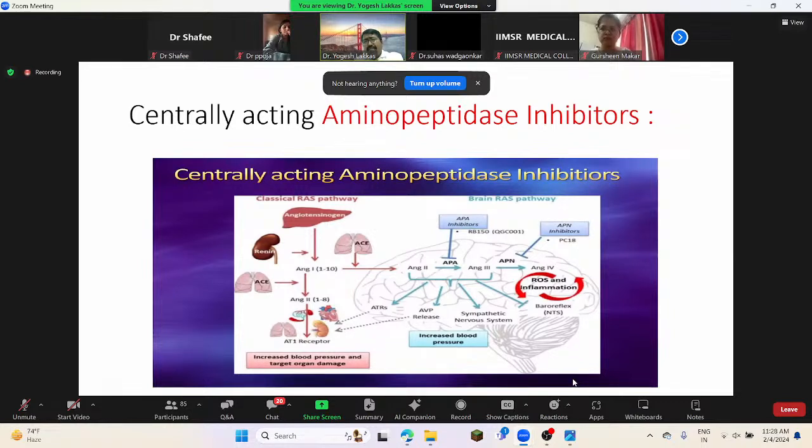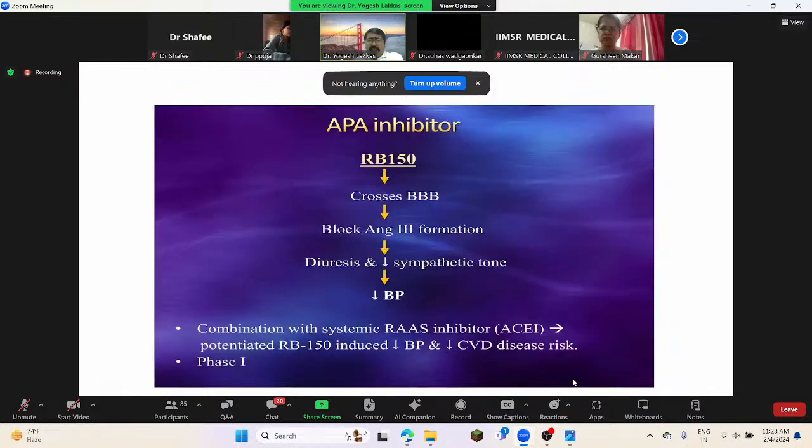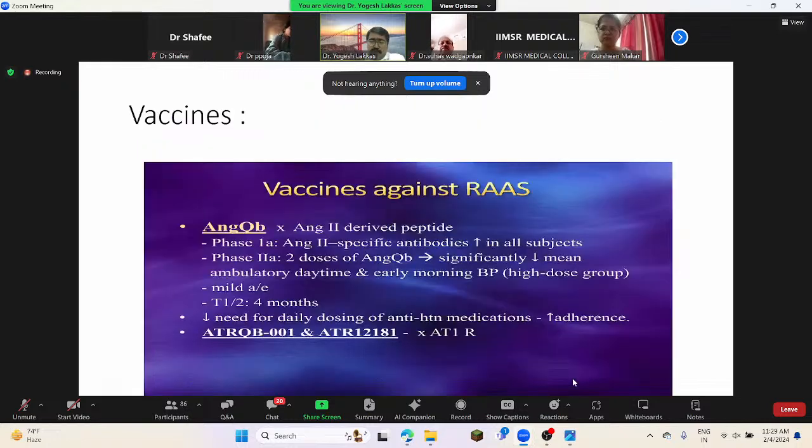This RB150 will be the inhibitor of these enzymes, and that can reduce the sympathetic outflow from the brain itself, and that will help us in reducing the hypertension. This will again be in clinical trials. This molecule crosses the blood brain barrier, that's why it is being tested at this level as a centrally acting molecule. Vaccines are also in the picture, where antibodies develop against angiotensin 2, and the effect remains sustained